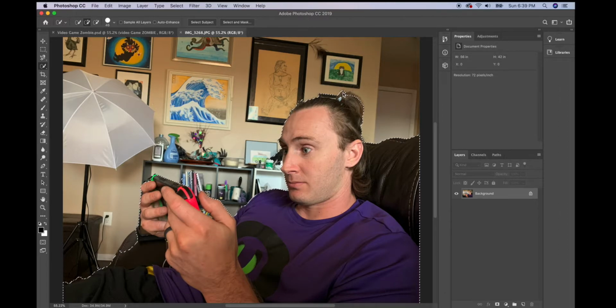I'm going to add some parts of his hair here. Anything else need to get added? This part of the couch arm. All right, so everything else needs to be subtracted. So I go up here to the subtract from selection, and then I start clicking on places that I want